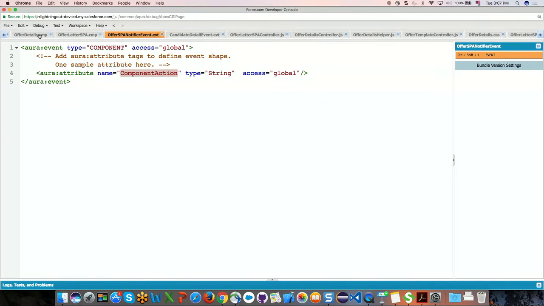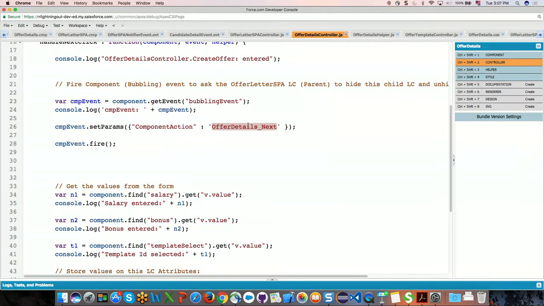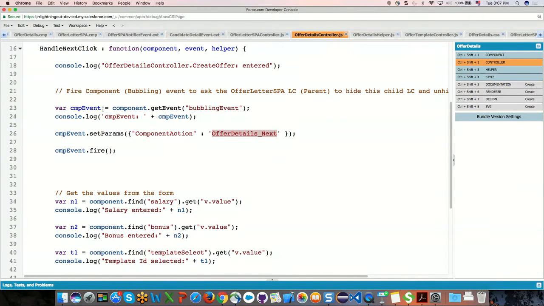So let's go back to our first child, because I want to show you that after we handle the next button click action on the child's level, we grab the event. So we instantiate that bubbling event that you just saw the markup for in JavaScript. And then we use event.setParams to specifically set a message or an instruction that we want to pass from this child Lightning component to the parent Lightning component in our SPA. In this case, we want to say offer details next, meaning that the user is done with that offer details child Lightning component, right? So after we fire this bubbling event or this component event here on line 28 from the child component level,